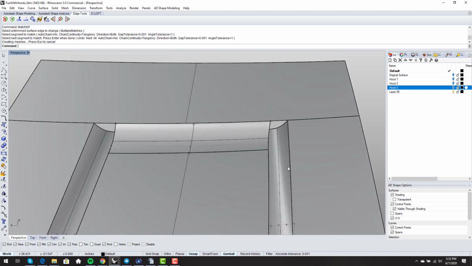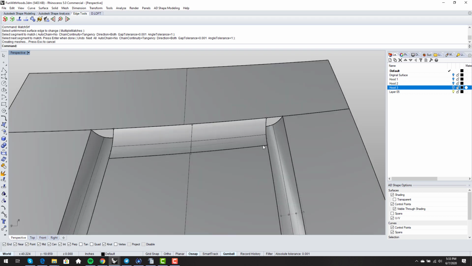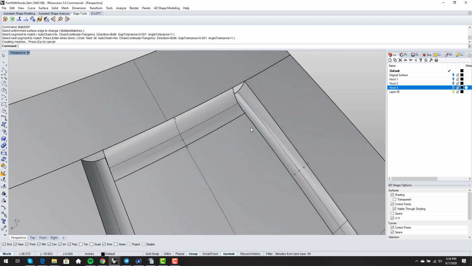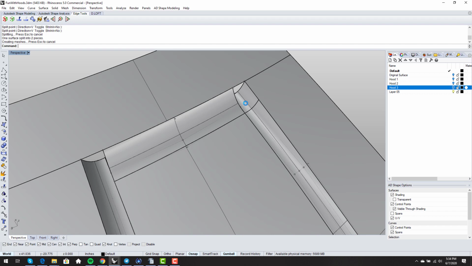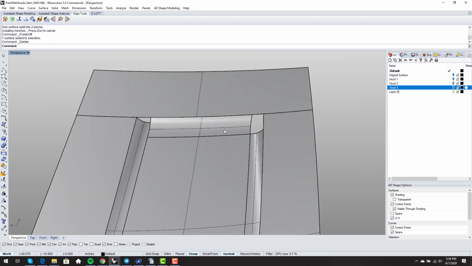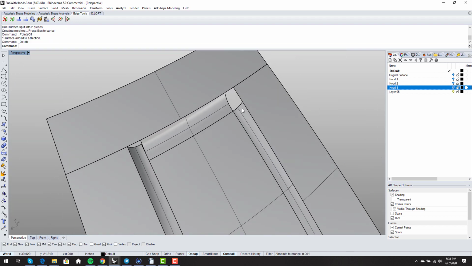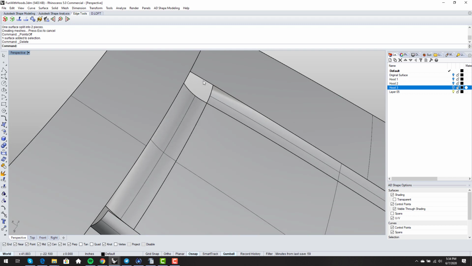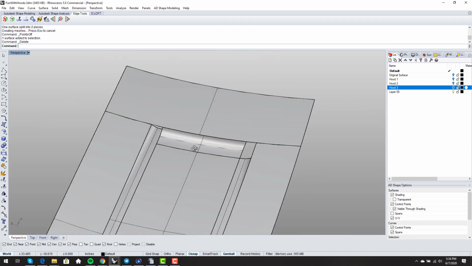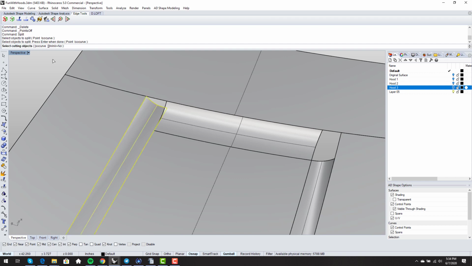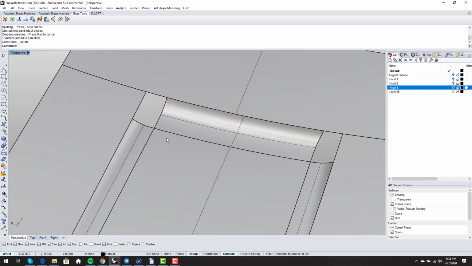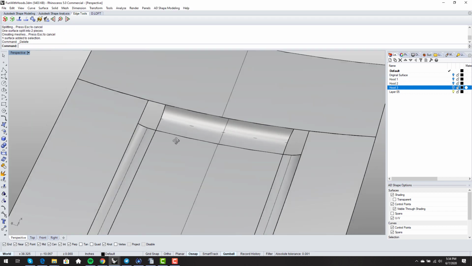So now things are a little bit strange in here, right? What we want to do to start with is we're like, well, we need to split this back so that we can create a transition here. And ignoring this edge, right, we're going to do the same thing here. Oh, we're going to split this. Isocurve. So